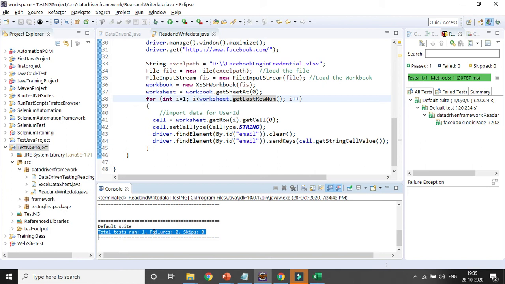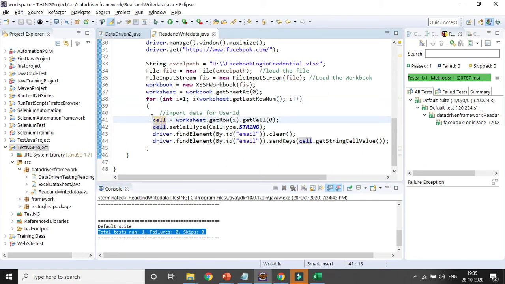Okay, then I need to enter the password in the other field.